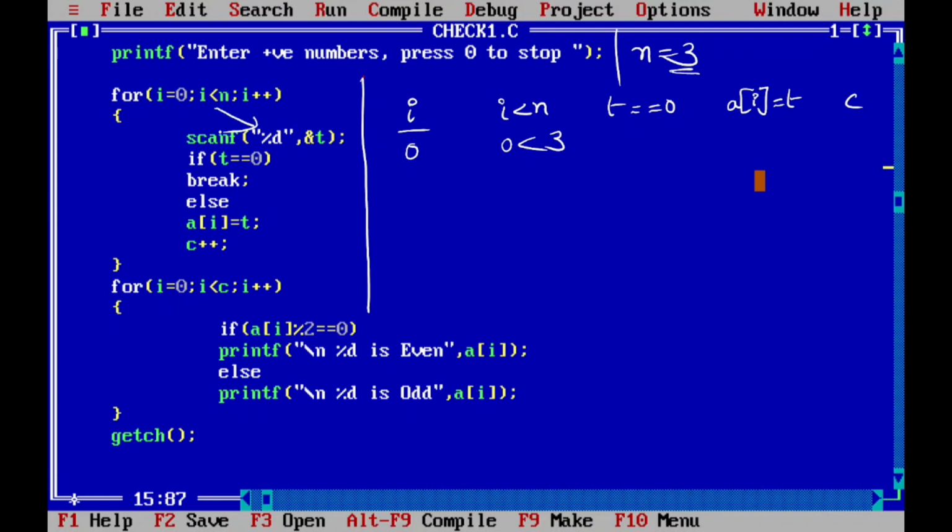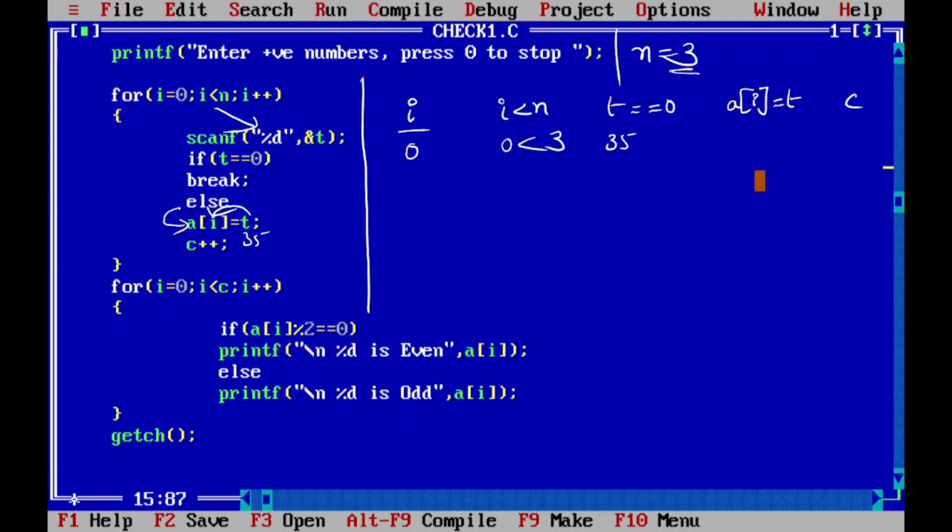It reads one number. That number is read into t. T is not 0. Suppose the entered number is 35. 35 is not 0, so the else part is executed. 35 is placed where? At A of i.